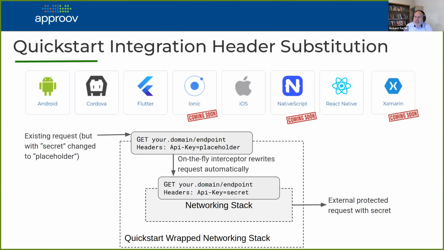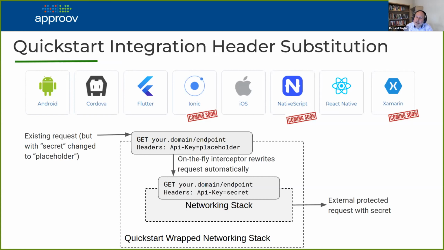And in order to make the integration of all this straightforward, we have various quick start integrations on the front end. These are all the overall frameworks that we currently cover. The standard Approve integration is available for all of these. We are working on a few of them still in terms of this runtime secrets protection. That'll be coming soon in the course of this month. Within Android and iOS native, we actually have various different variants. So there are various different networking stack choices that you might have for native apps, and we support a large number of those. Have a look at our website.